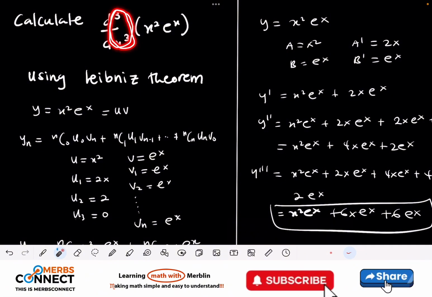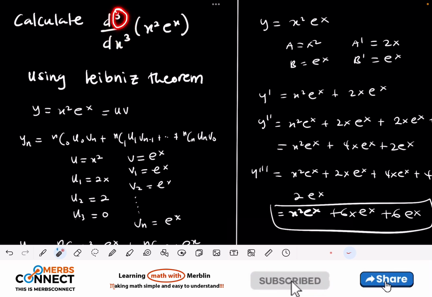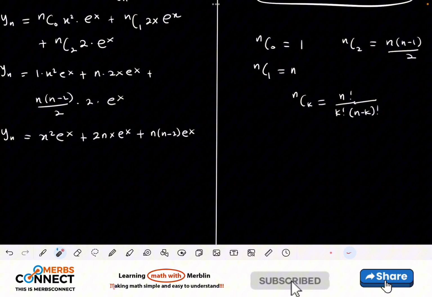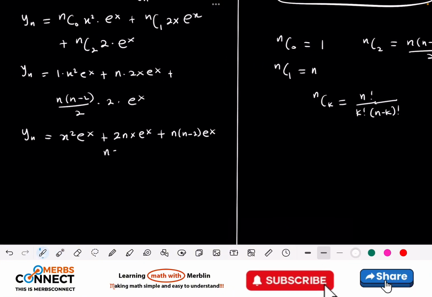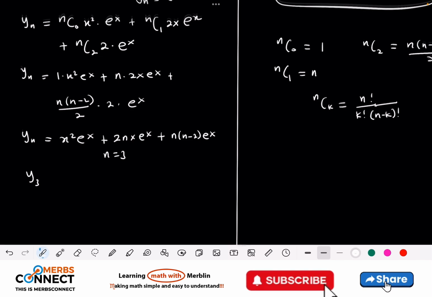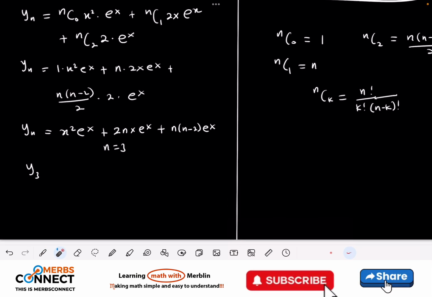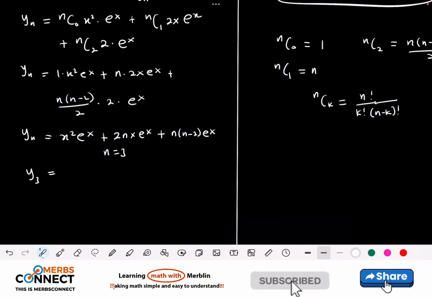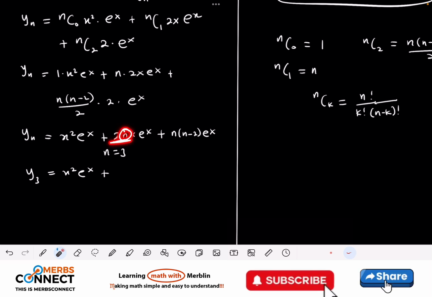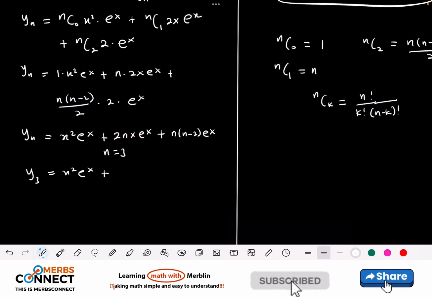The third derivative. So here is when n is equal to what? 3. So when n is equal to 3, let's put it inside. n is equal to 3. I'm going to have y3, which is the same as the one that we did here, y prime prime prime, right? So I'm going to have x squared e^x plus, now I'll put the 3 here, so 3 times 2 is going to give us 6. So you're going to have 6